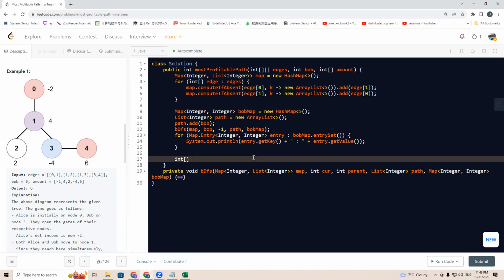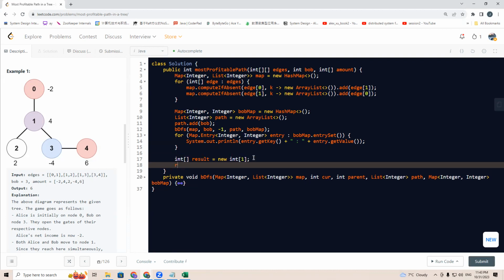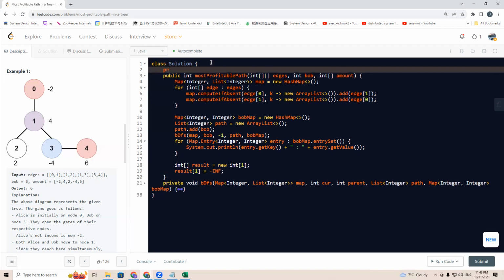So we can have result equals 0 into 1, right? And the result 1 equals minus INF, right? So we set it up with final static int INF equals Integer.MAX_VALUE,